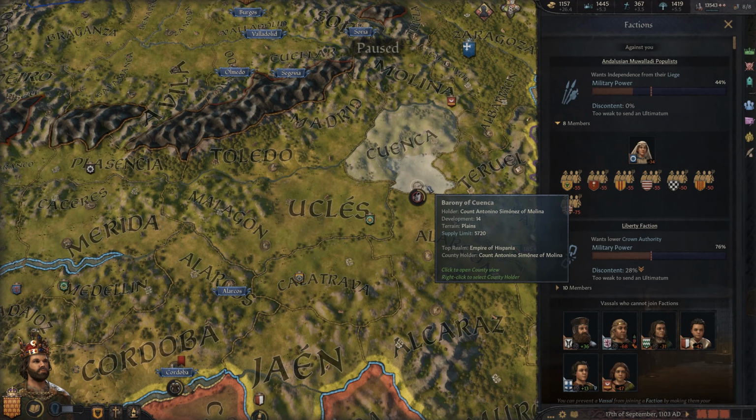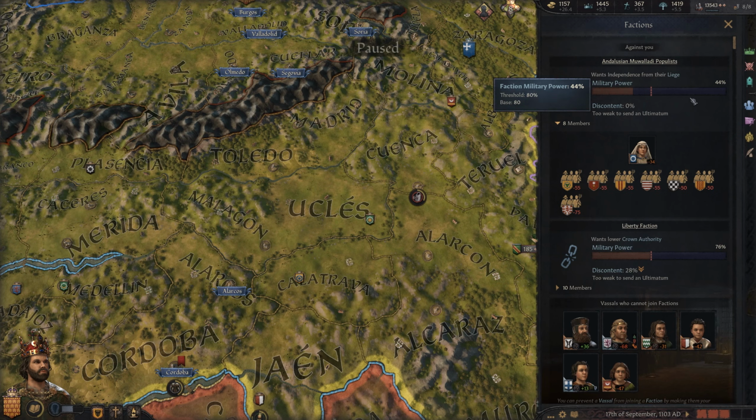Another great way is to convert the culture in that location. That should sometimes knock down support for the populists. You're going to always deal with this as you increase your lands, especially if you do it too quickly. So don't be too worried about populist or peasant rabbles, especially because if they do go off, a lot of the time, if they haven't gotten a good amount of support, they won't even have enough to siege a city, so you can take them out very quickly.